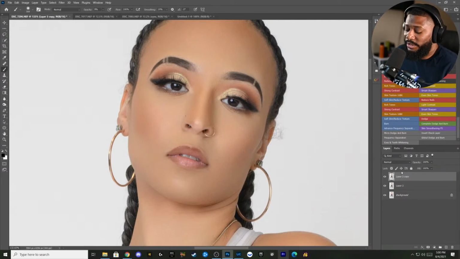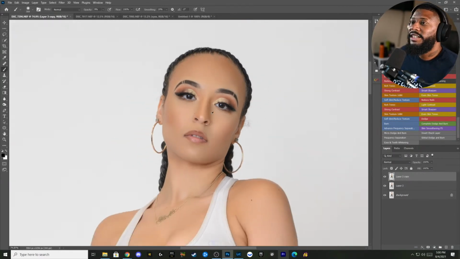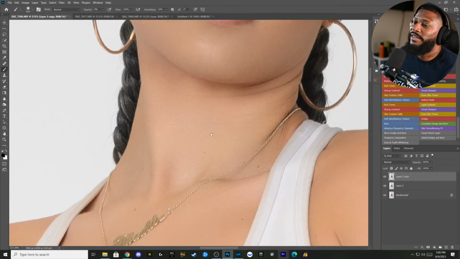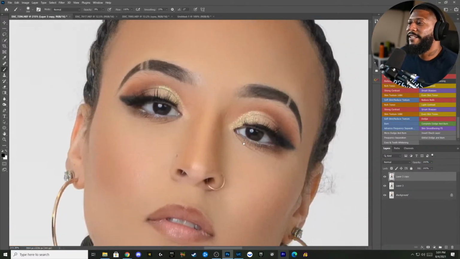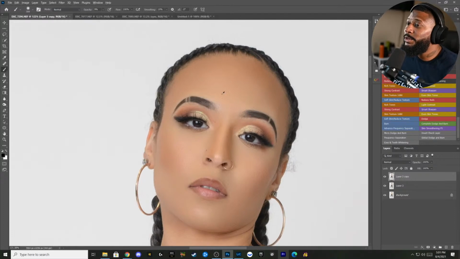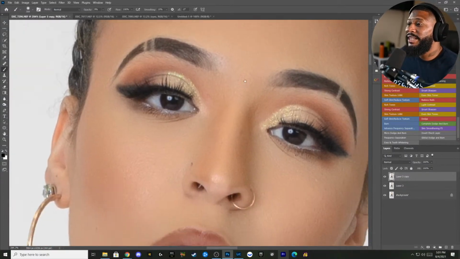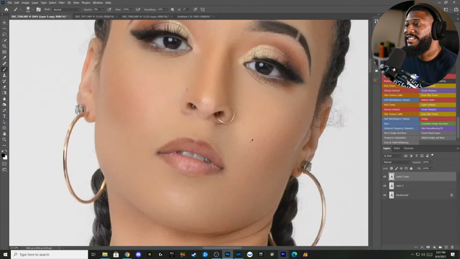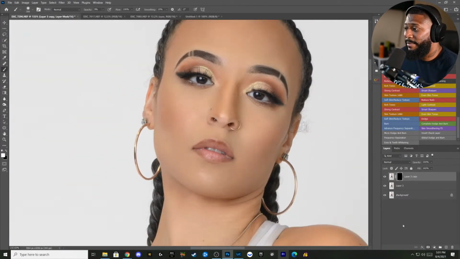All right, cool. So you see it went from this to this. And then some areas, like right here, you don't want it right here. So if you did put it there, you would take that opacity down a little bit. But this is how you get that real smooth skin, keeping that detail. You can still see that detail. It's just softened, but I mask it,